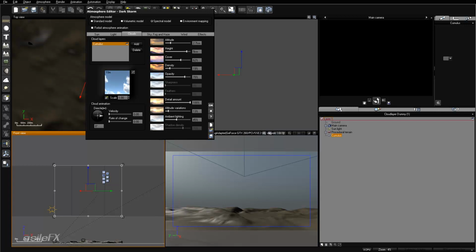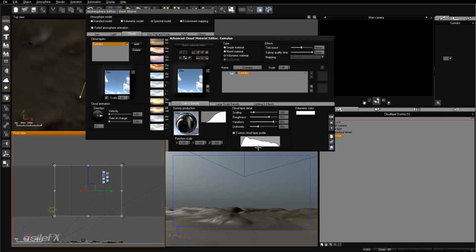Actually, that will save the material. And if you right-click within the preview of the cloud itself, you can save the material, which will save the cloud layer, and it will also save the altitude, height, cover, density, and all this additional information that's available with it. So if we go to edit this object, what we're going to see is